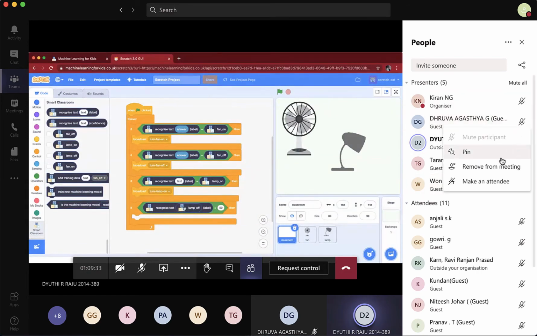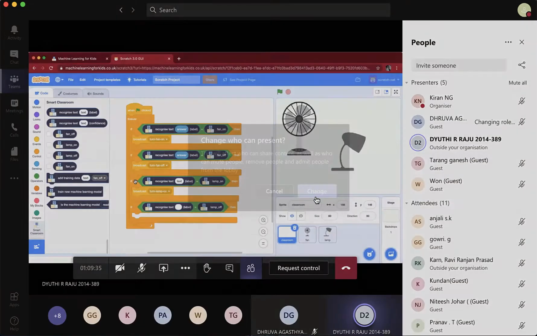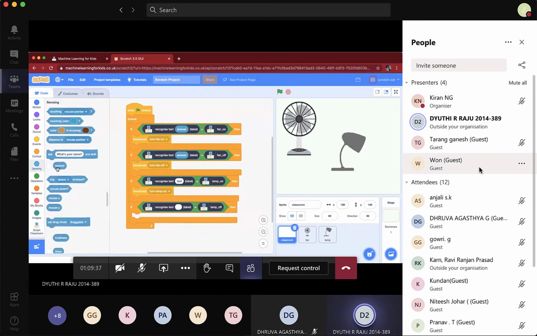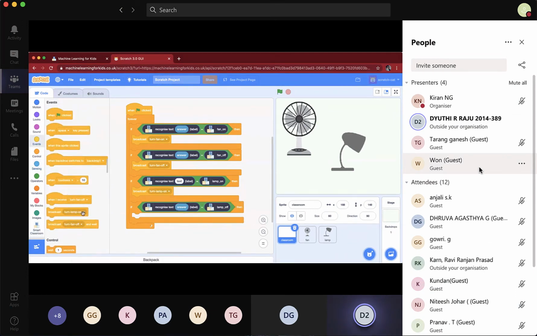Yeah, this is lamp. Okay, sorry. This is the lamp off loop. I'm going to events and lamp. Yeah. So this is my code for the classroom.